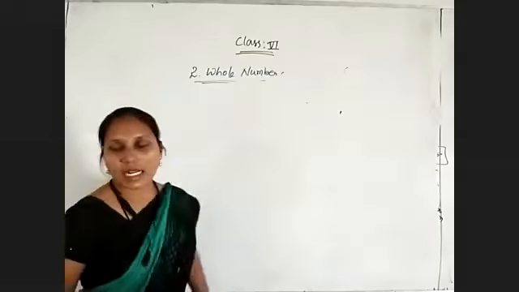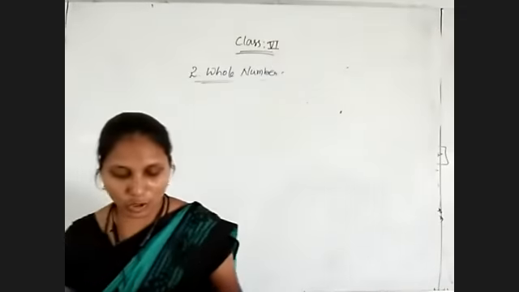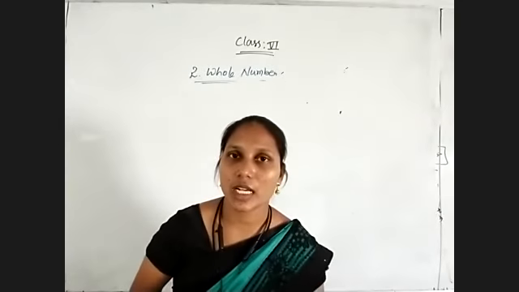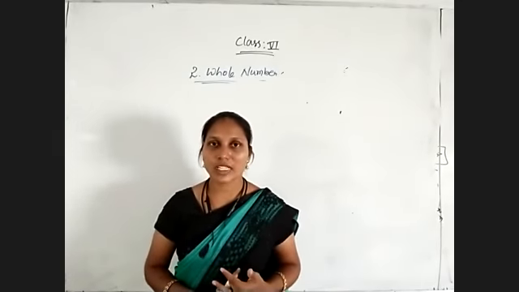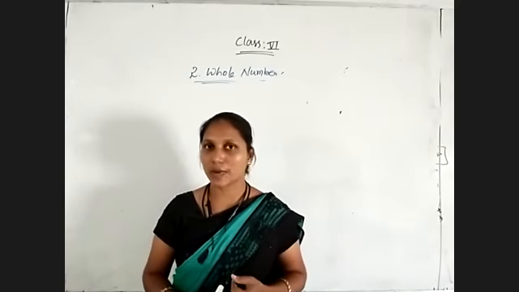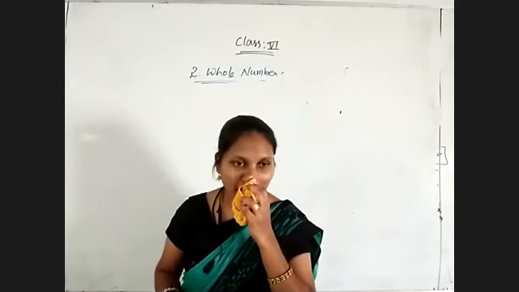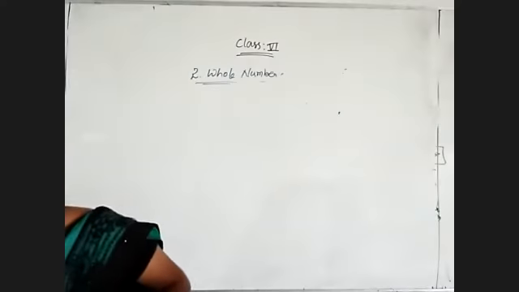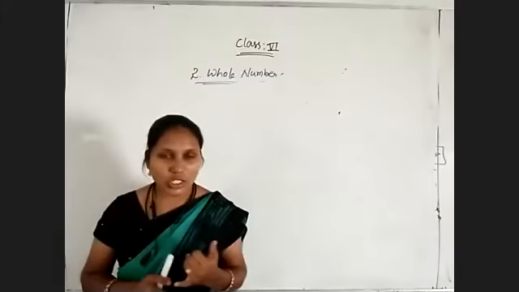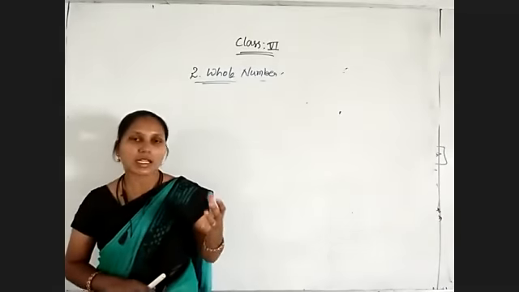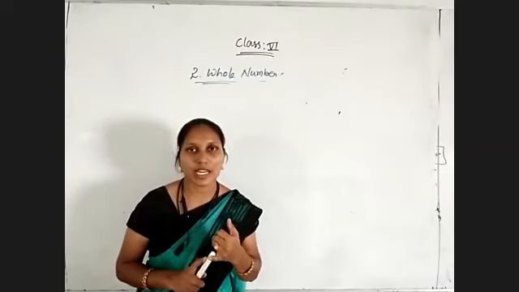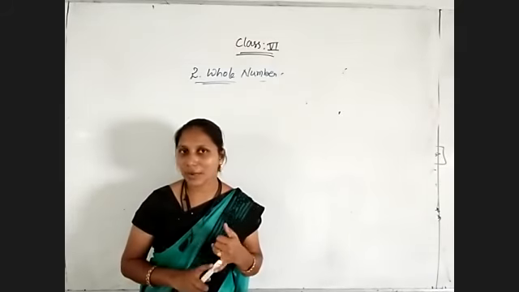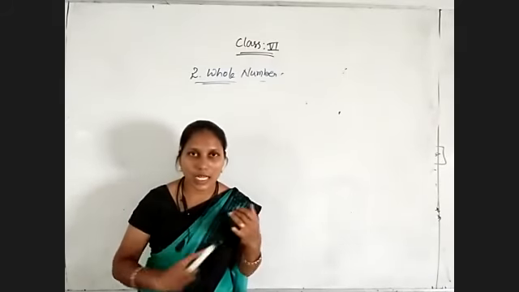So properties are nothing but we have studied about closure property, commutative property, associative property, and distributive property, additive identity elements with respect to addition and multiplication. So all these properties we have studied. In this, you will get most of the questions. Closure property and these properties are suitable under addition and multiplication only. Remember, subtraction and division do not satisfy any of these properties.